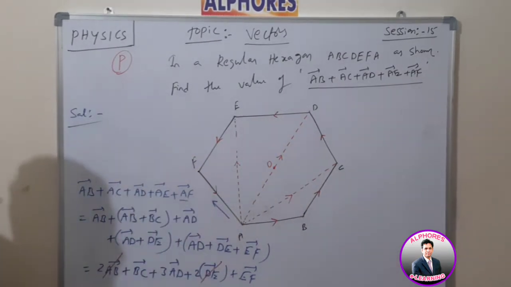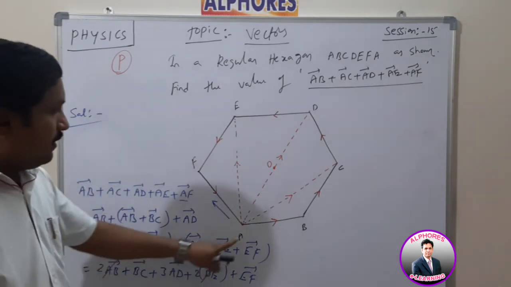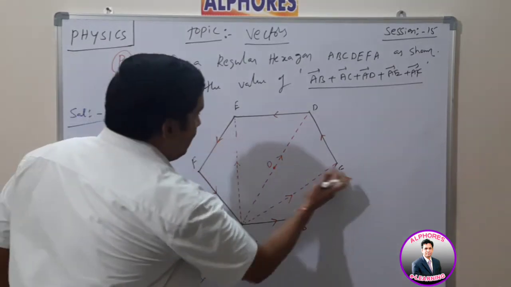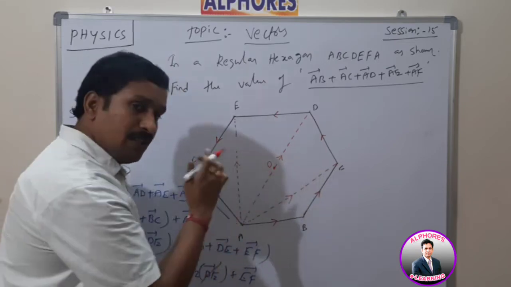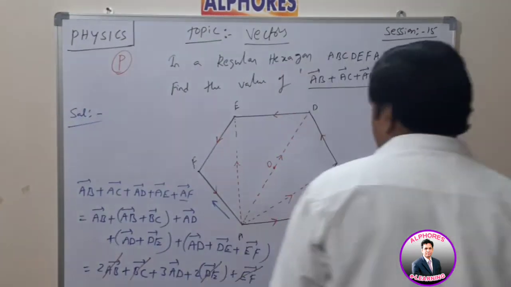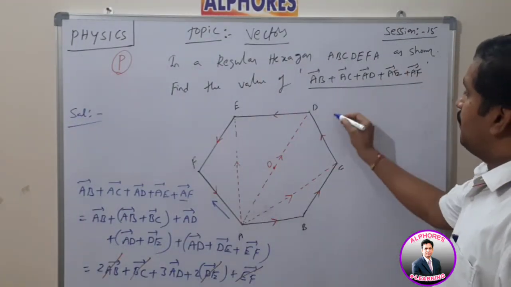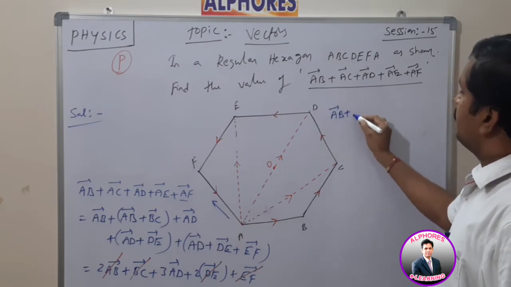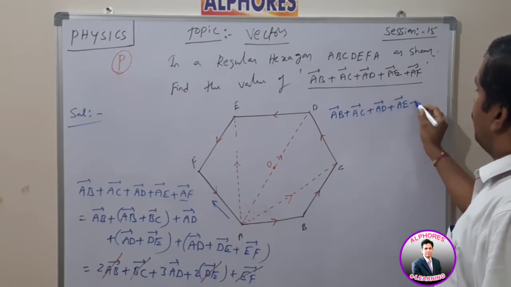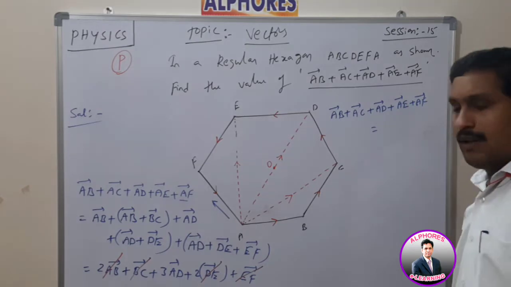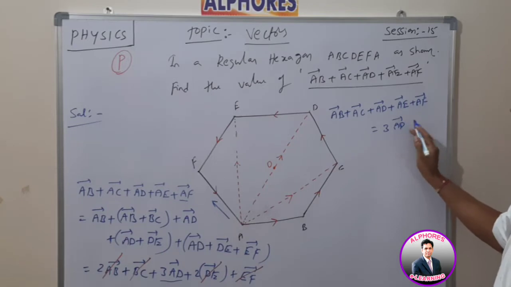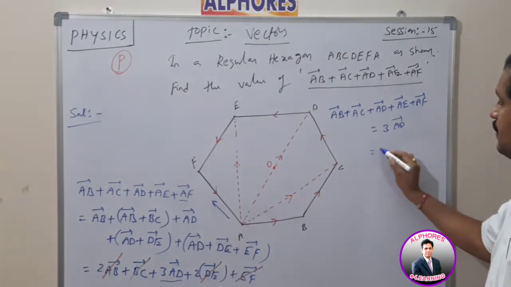Which is correct or not? Right. Now again, this BC and EF. Where is EF? This one. This BC and EF have the same magnitude and are oriented in opposite direction, so again these two are cancelled together. What is the answer I am getting here? By taking the manipulation of this vector, the sum of AB bar plus AC bar plus AD bar plus AE bar plus AF bar is equal to 3 into AD bar.